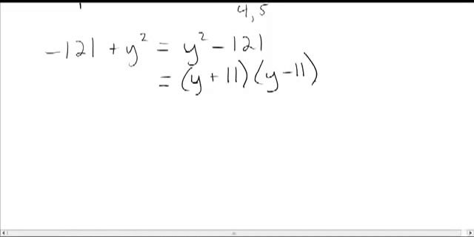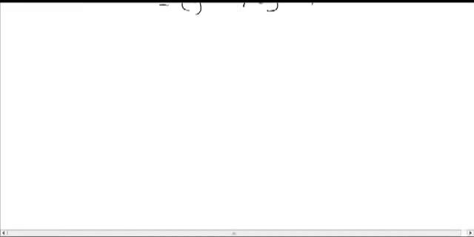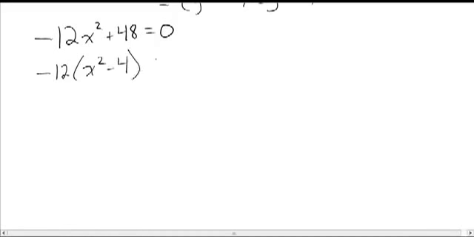All right, now the next step is to take these polynomials that we've been factoring and to solve an equation. So for instance, negative 12x squared plus 48 equals 0. So now we've added an equal sign on the end. And so now instead of just factoring it, you're asked, solve this. Well, okay, same process though, it's just that we have one step on the end. So I'm going to start by factoring out the greatest common factor, which in this case is a negative 12. So if I factor out a negative 12, I'm left with x squared minus 4 in parentheses, and that equals